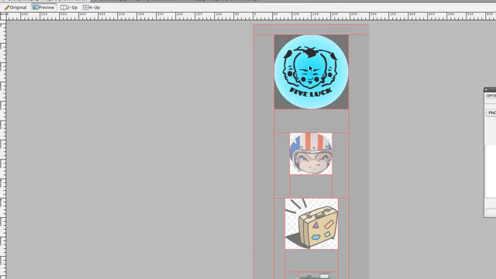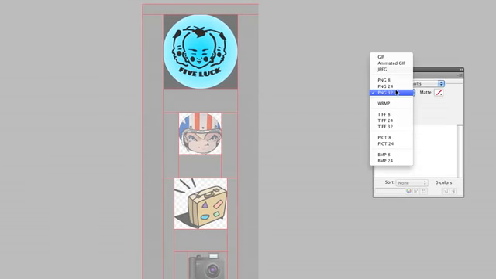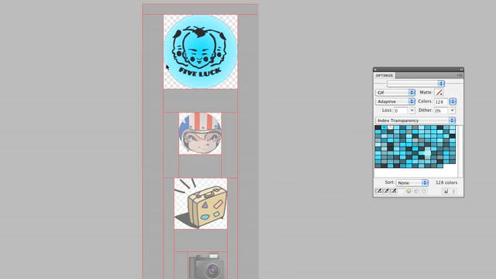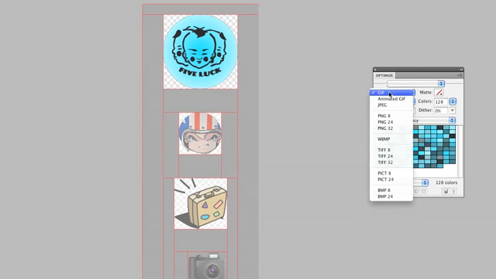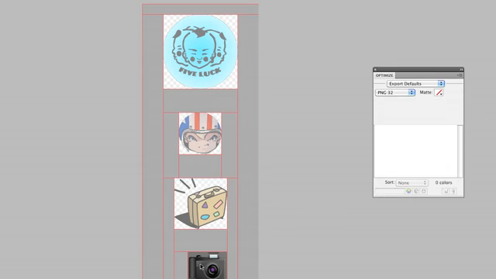If I go to this one here, I can take a look at it. And I got a bit of a gradient in here, so that tells me, if I go with a GIF, I'm probably going to get banding. And yeah, I get a bit of an edge along there, so that's not part of the equation. So I can take a look at maybe going with a PNG 8 again. That's a little bit better. And if I come to the camera